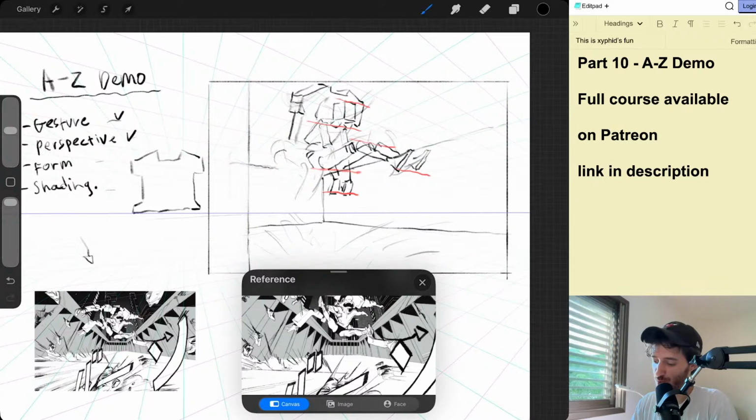And actually, this pose feels a little bit stale, but I'm going to continue with it. And as you can see, it's starting to shape up differently to what it was when we did the gesture, because you start